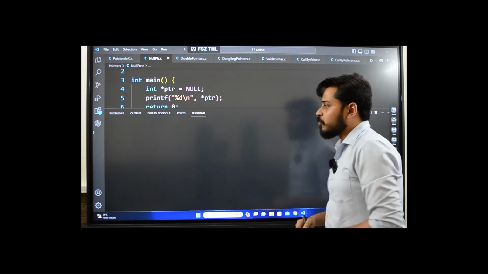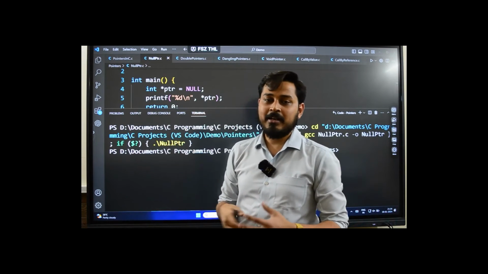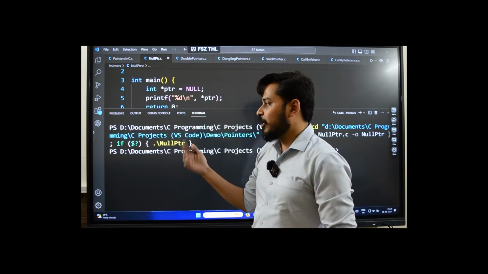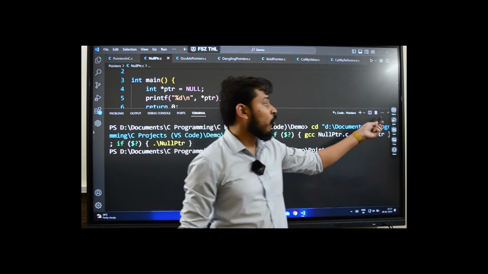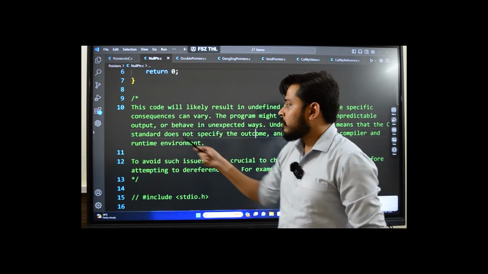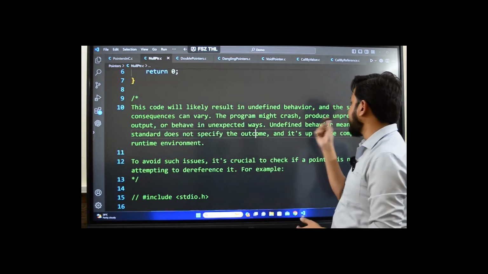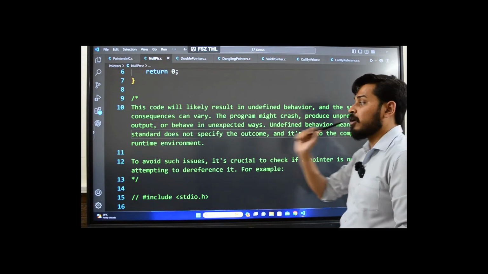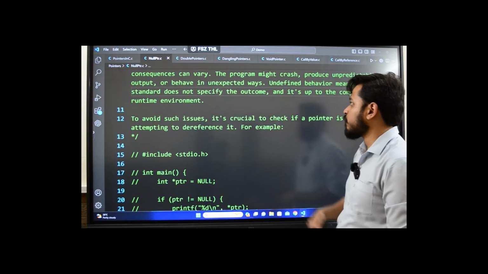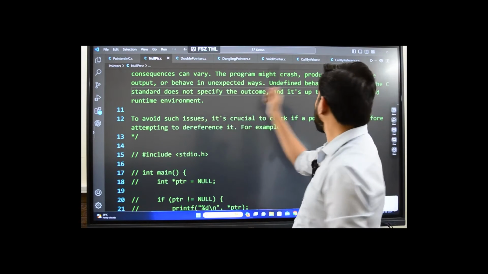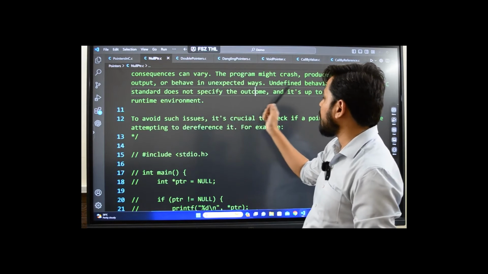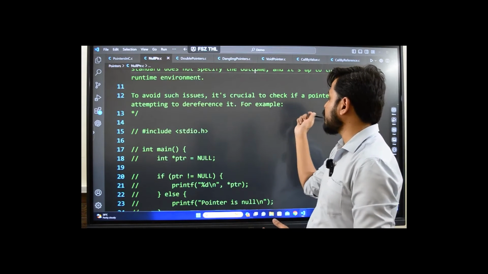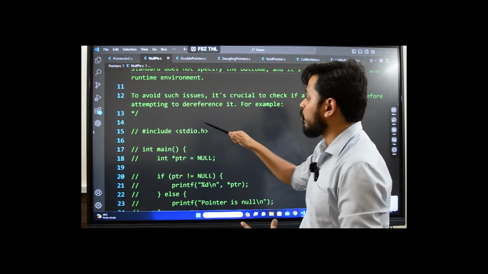See, when I run this program, it doesn't print anything. So basically this is an undefined reference. This is what you call undefined behavior in your program, and we don't know how our program will work. See, I have written it here for you. This code will likely result in undefined behavior and the specific consequences can vary. The program might crash, produce an unpredictable output or behave in an unexpected way. Undefined behavior means that the C standard does not specify the outcome and it is up to the compiler or the runtime. To avoid these situations, it is crucial to check if the pointer is null before attempting to